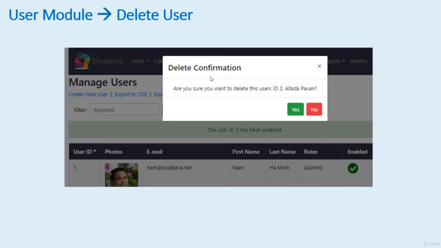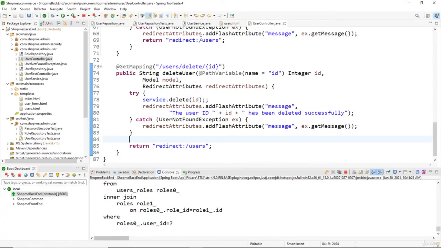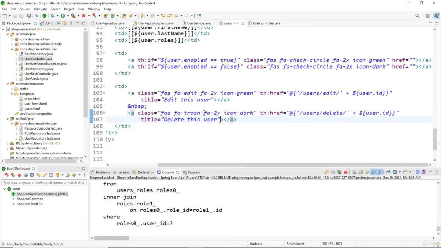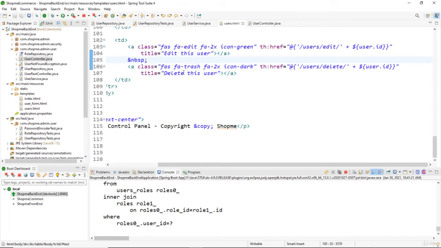Next, I'm going to show you how to implement the delete confirmation dialog that looks like this using Bootstrap and jQuery. Firstly, we need to update the delete hyperlink in the user listing page here. So we give the link a special class name, link-delete, and we